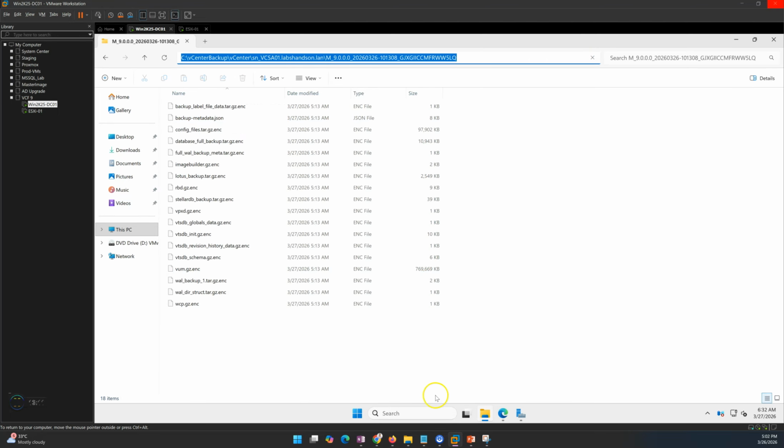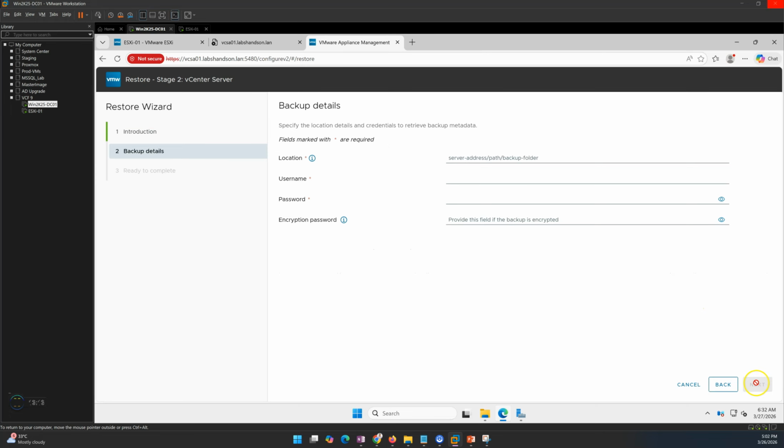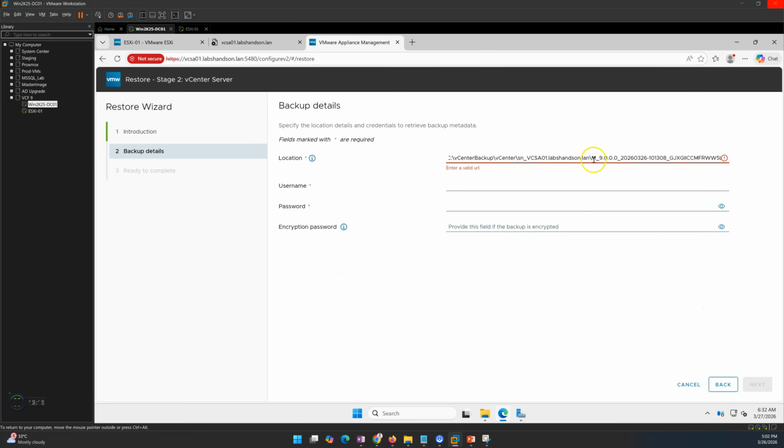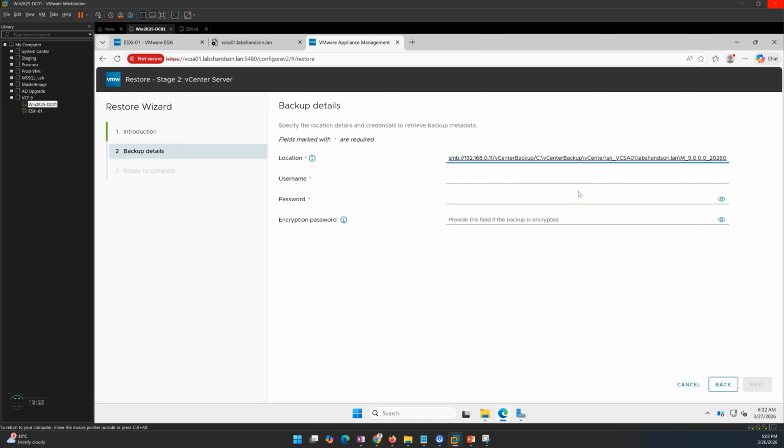I'll go ahead and select this, and now let's click next, and here you need to put this path. This path comes like SMB. So let me show you. This should be our path: vCenter backup,